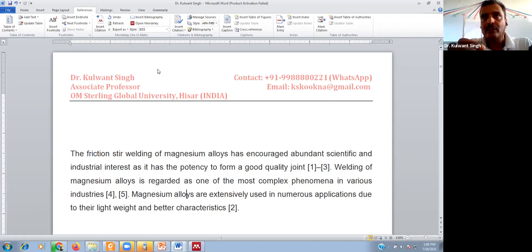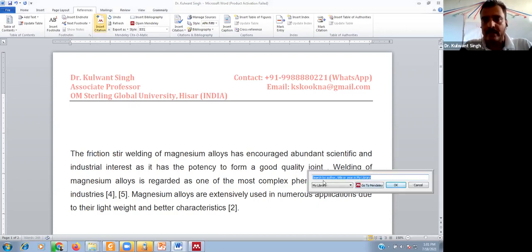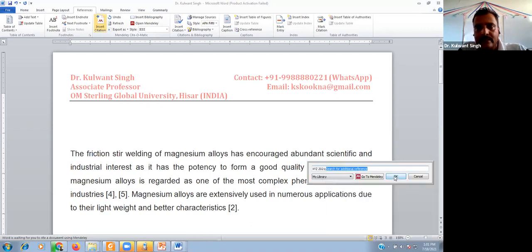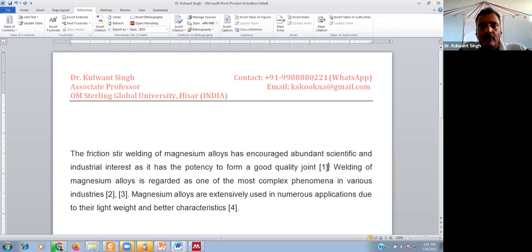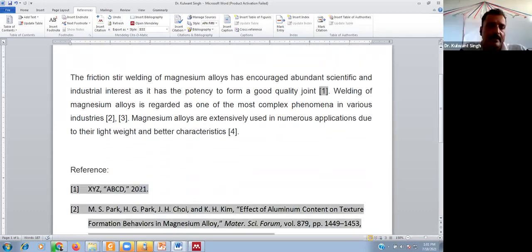You can directly use it by selecting it. Suppose we have added a document manually here in the first reference. I think it was ABC like this. This is the document we have added manually. So you can select it directly and then just click on OK. It will be automatically added, and you can see it in the reference section also, it will appear here.